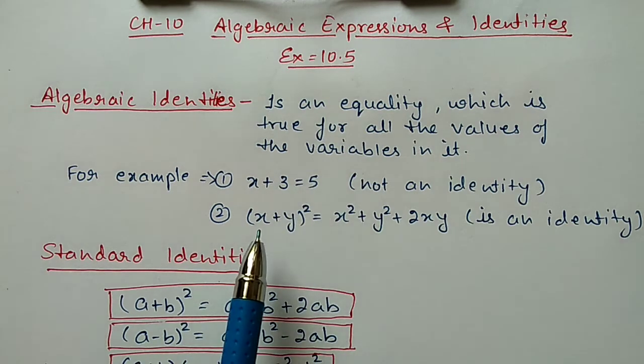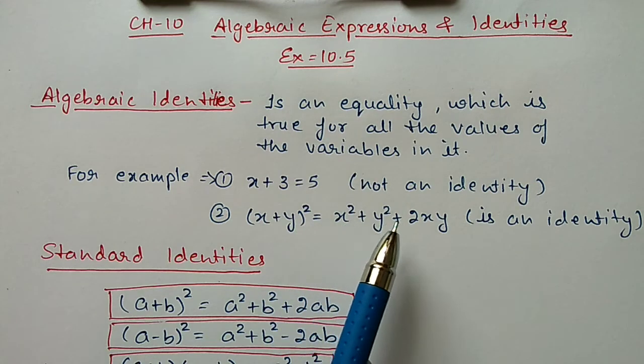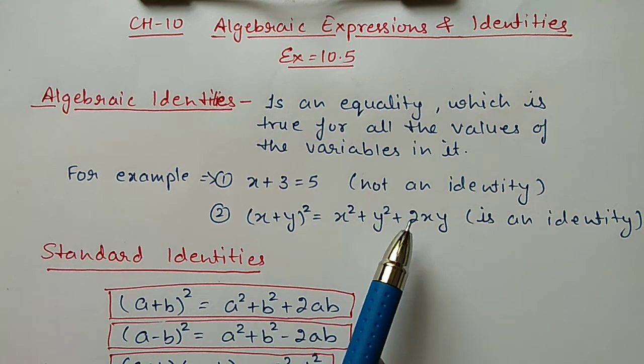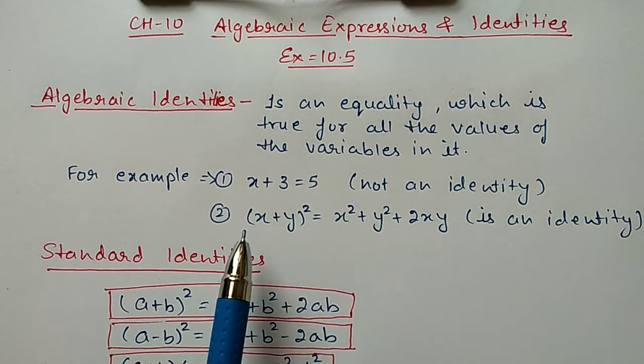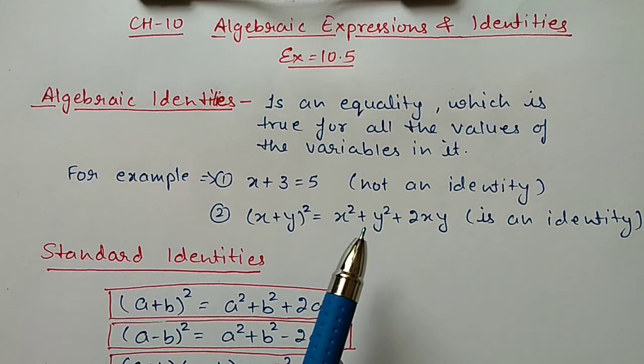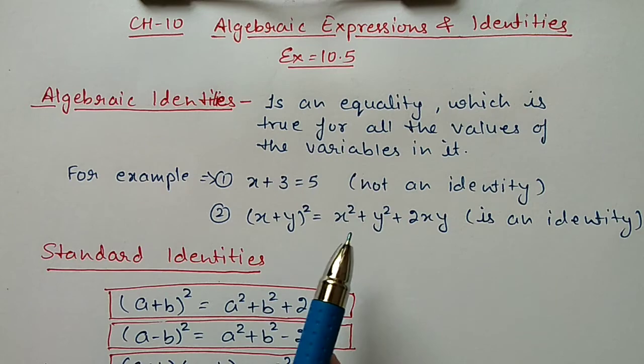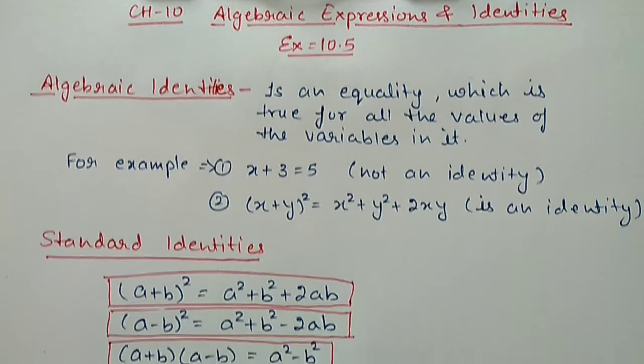But the second equation, x plus y whole square is equal to x square plus y square plus 2xy, is an identity because it is true for all the values of x and y. You can substitute x and y values and find the answer on the left side and the right side also. Every time it will come the same, it will come equal. Such types of equations we call identities, and in this exercise normally these four identities we are